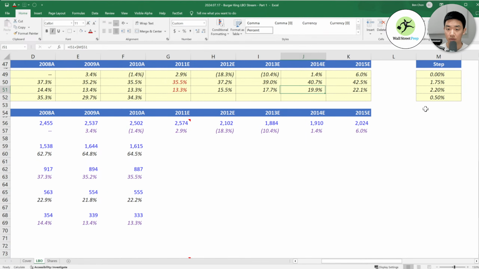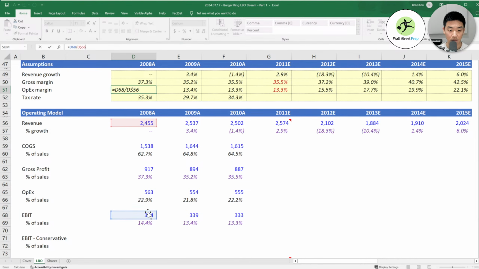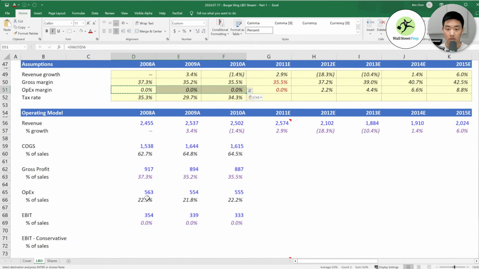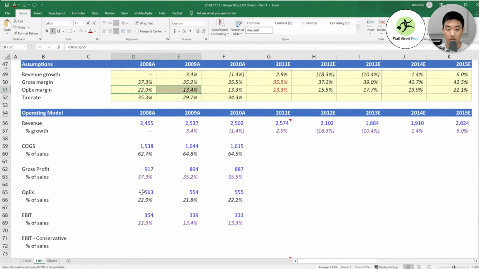So I'm anchoring here. Basically our gross margins are going to improve by 1.75% each year, and then our EBIT margin is going to increase, or sorry, this should be OPEX margin. Our OPEX margin, so this should actually be this. Oops, that's wrong. This should be this. So adding these two together will get us to our EBIT margin that we're projecting, right?